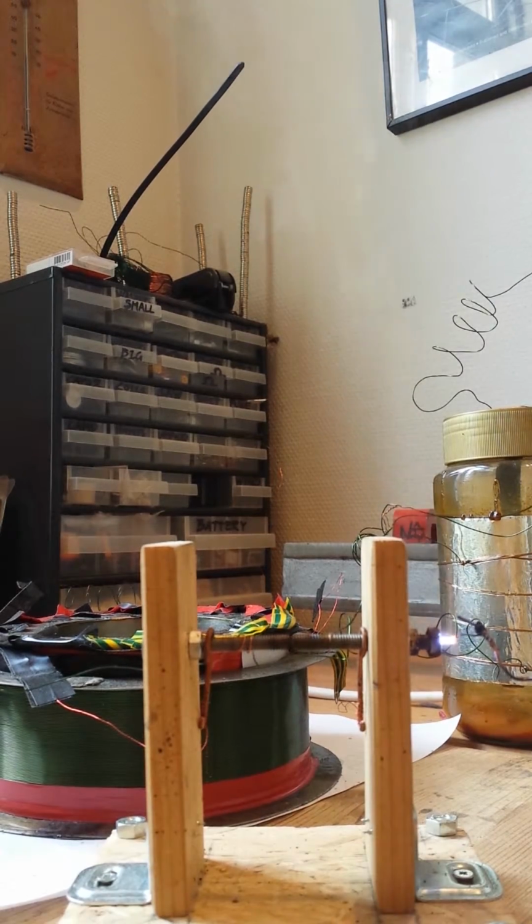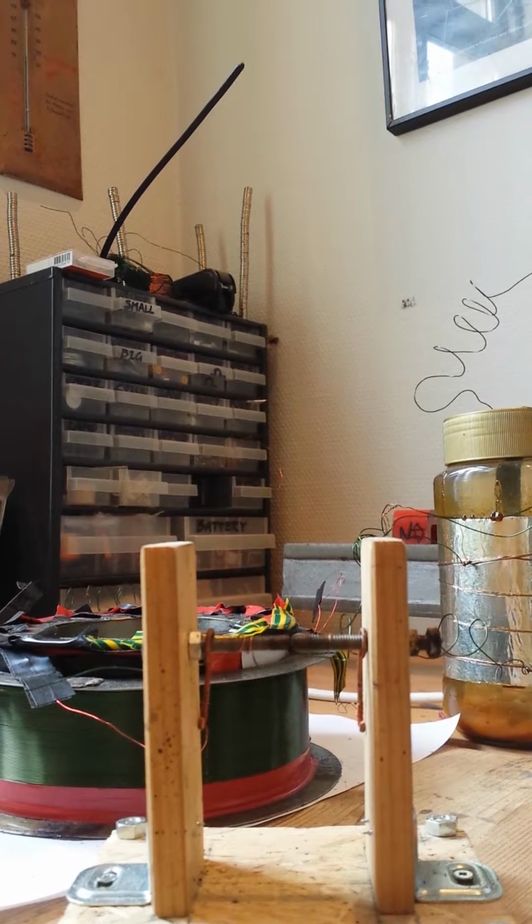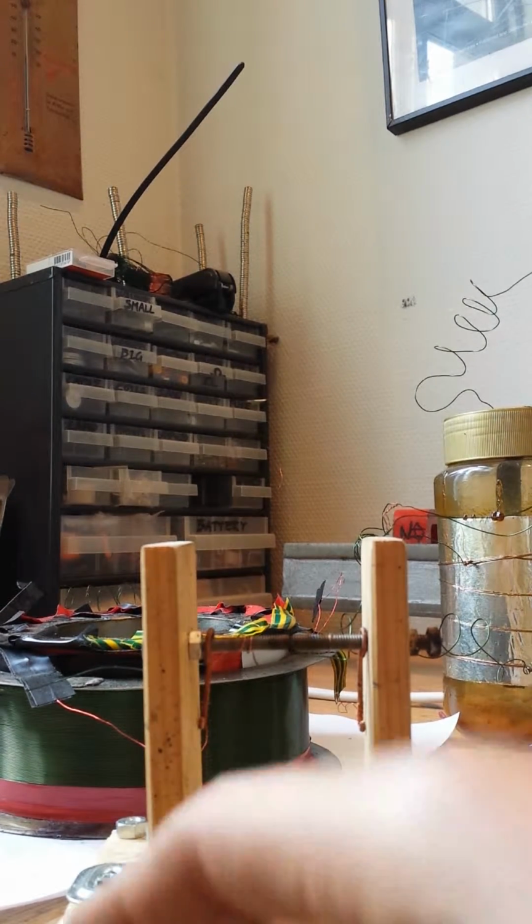So it gets pretty hot. The difference between the salt water cap and the steel cap is that the salt water cap heats up the electrodes intensely. And that's it for that. Now I'm gonna test the